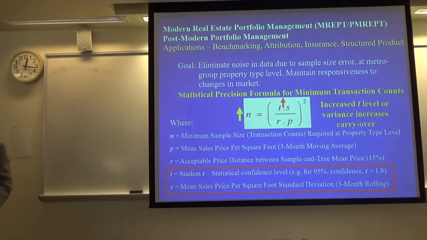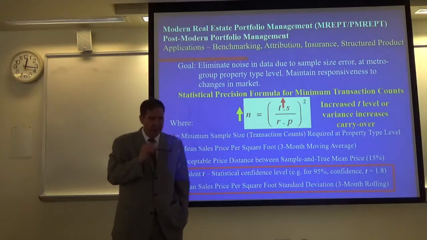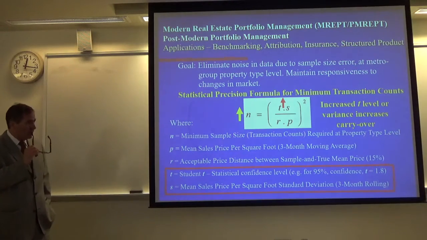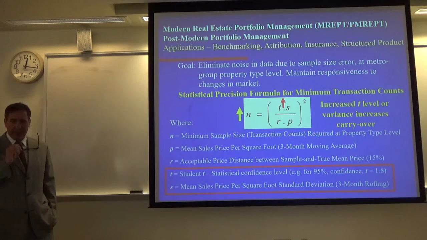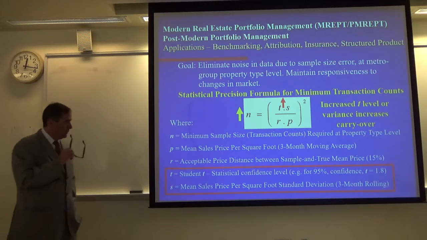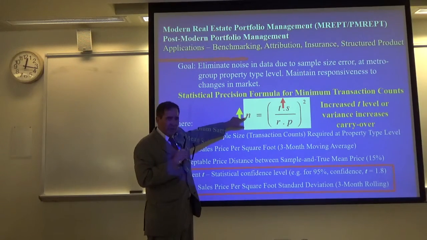Now the problem here, and this is the innovation, this is what you probably want to pay attention to, because this was one of the innovations that I thought was pretty amazing. What would happen is we would run on a monthly basis. Sometimes we would not have enough data to calculate the weighted average price per square feet. We didn't have enough transactions. So what we did was we estimated a N, which was the minimum sample size that we needed.